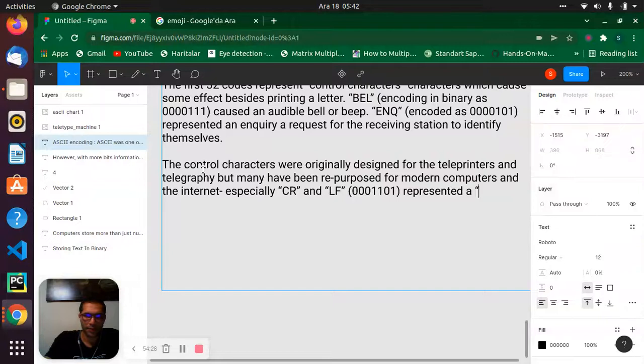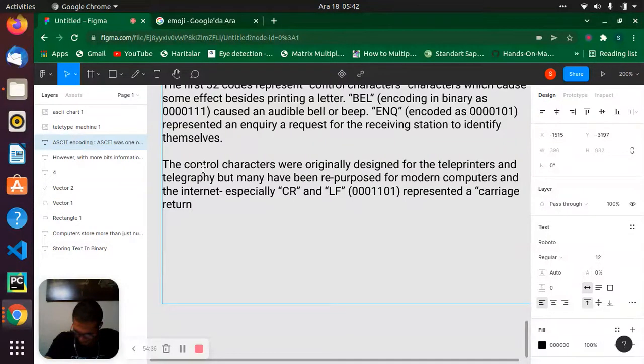On teleprinters, it moves the printing head to the start of the line.